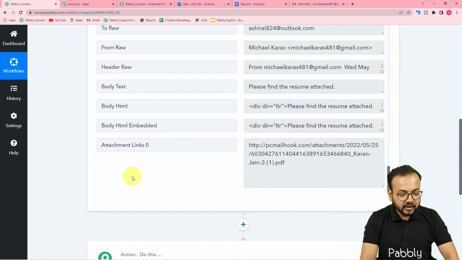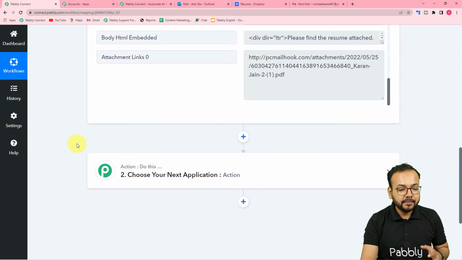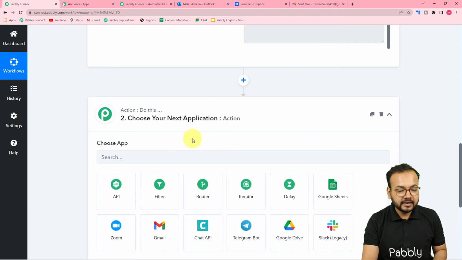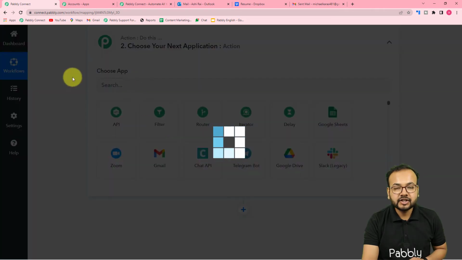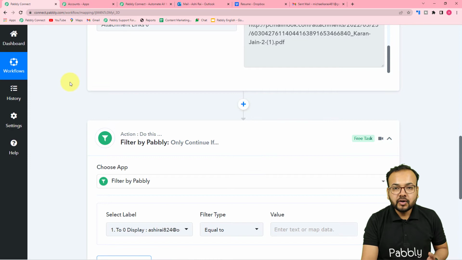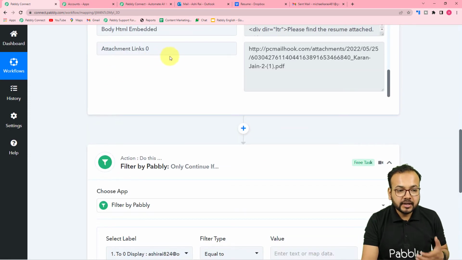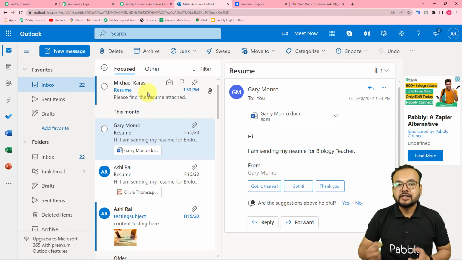Now guys, what if I want to filter out some specific kind of emails? So for that to happen, I am going to apply a filter here inside our workflow. So just click on filter from this actions tab, and by which value we want to filter out, we want to filter out the emails by the subjects. So if the subject of the email has this keyword resume, then only we want to save the attachments